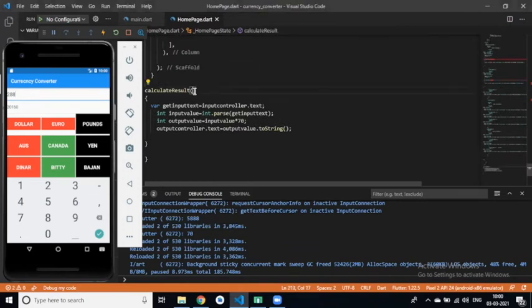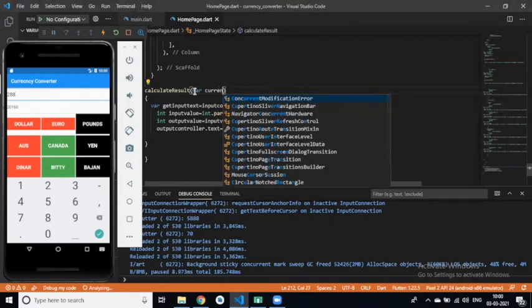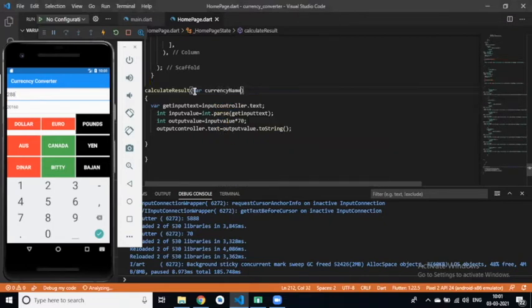So simply add a parameter, currency name. On the basis of currency name we can perform the action. We will get the input text and pass this input value in all cases; simply this value will change, right?